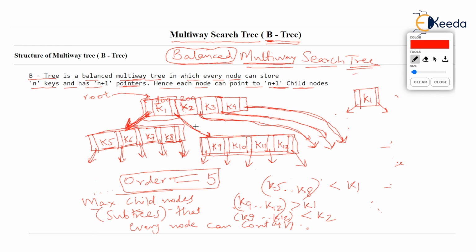Are you understanding? The same rule of binary search tree is repeated here. Keys less than K1, let's put them to the left of K1, and keys greater than K1, let's put them to the right of K1. Keys less than K2, let's put them to the left of K2. Keys greater than K2, let's put them to the right of K2. Absolutely the same rule. The only thing is, a single node is a house for multiple keys and multiple pointers. I guess you understood these two things. Let's scroll down